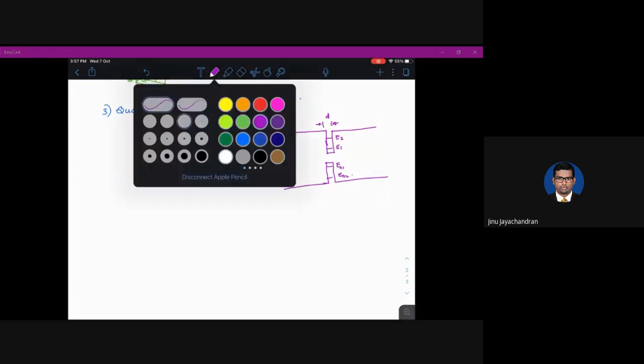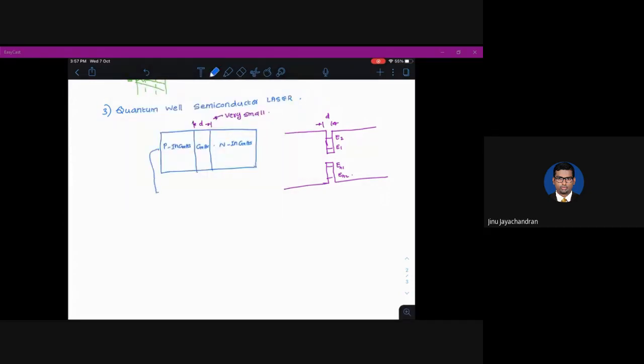And the lasing action is the same: you give a current, the electrons will flow and go inside the quantum well, and create population inversion. The method is the same, except that the energy states will not be a large number, it will be a small number of energy states, but they will be spaced with enough distance.